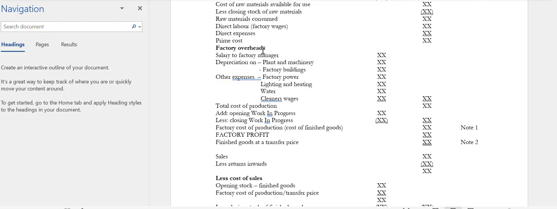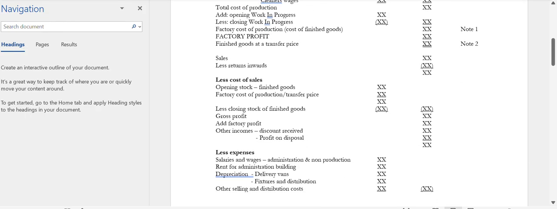Okay. So from there now, the managers of the company may decide now to add some profit. Because now remember, they have now converted the raw material or the inputs into output, and this will be sold at the marketplace. So they are going to add some profit to what they have incurred in terms of cost, to get what we call finished goods at a transfer price. And now I want you to notice that in the income statement, so this is just a continue in